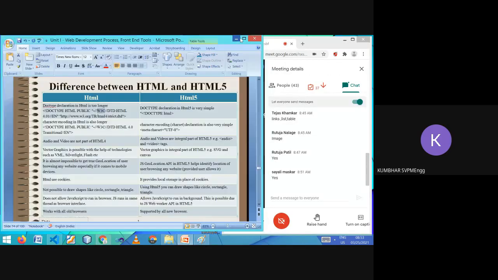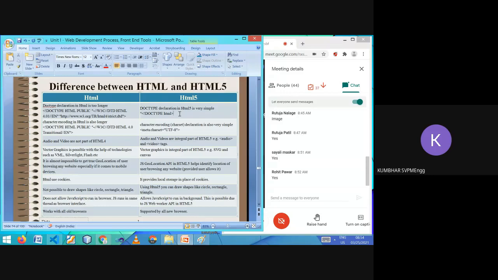Okay. So now if we want that the page should follow this well-formedness, then we have to include this URL, and here they have given the rules, all the rules which will define whether that page is well formed or not for all different types of tags, any problem with the attributes, its values. So this doc type description we have to use in HTML4. But this doc type is made very simple in HTML5. Here you have to write only this doc type and HTML. So very short, very simple. Correct?